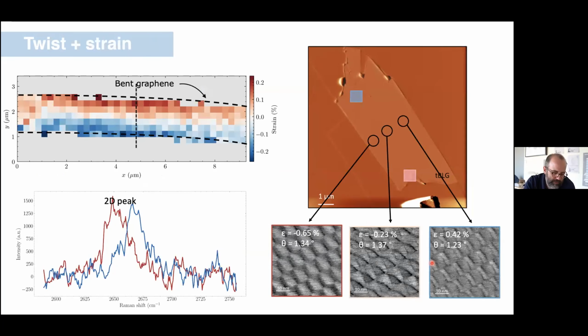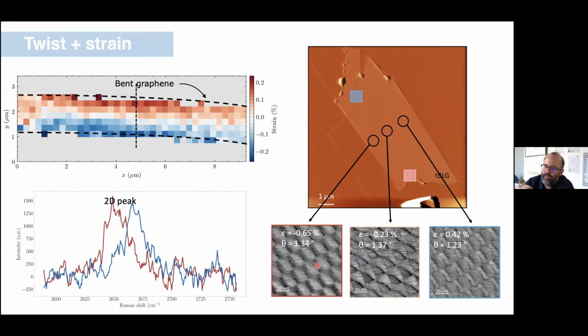So I'll skip to the end here a little bit. Here we've got some Raman imaging of a bent ribbon. What we see by mapping the shift to the 2D peak is that there's a rather smooth and continuous evolution of angle and strain in the system. And again, the Moiré pattern tells us that directly. What I'm showing here in the middle is along the neutral axis of this beam. Visually, the pattern that we measure in the Moiré is really a triangular pattern. That's what you would expect if there's no strain.